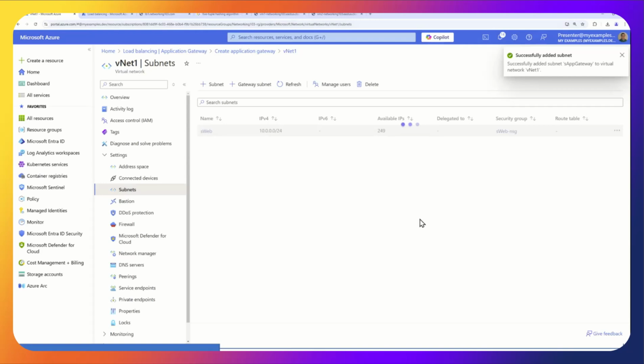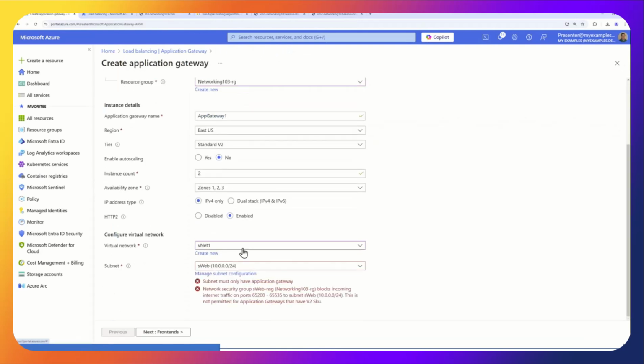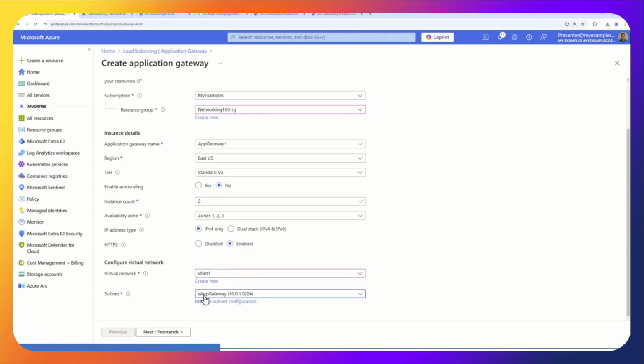When you're in these wizards, one thing to note is I hit add. Oh, there's no save. Sometimes you got to make sure there's a save hidden somewhere. You got to hit save. So I'm done here. But how do I get back to the wizard? Well, here it is. Create application gateway. So look at your breadcrumb and just dive one to the VNet. So now I can click here to continue. I could probably click this too, but we're going to click here. So now I'm back, and now I can select my subnet app gateway I created.